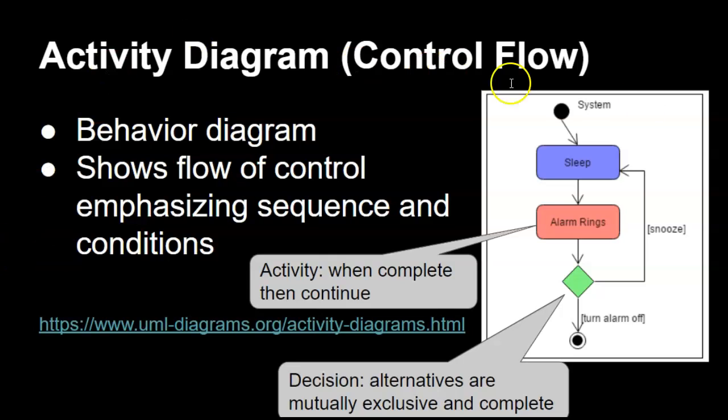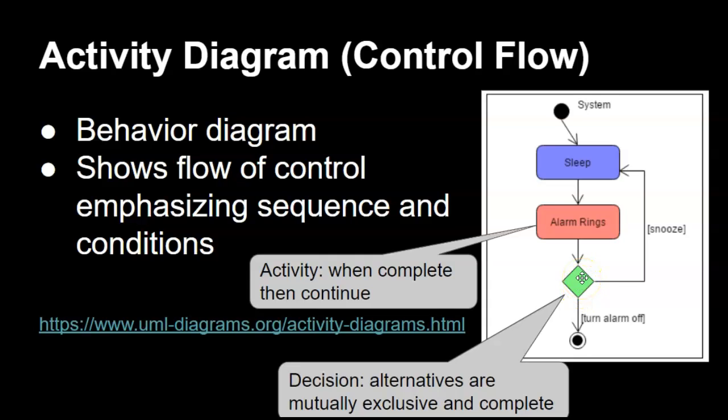The basic idea is you start at the starting dot, and then there are rounded rectangles, and these are activities that you do until they're done. And when you're done, you follow the arrow, and then you do that until it's done,